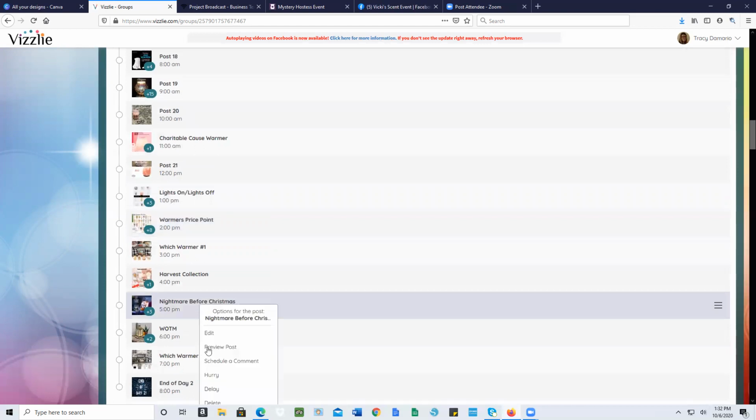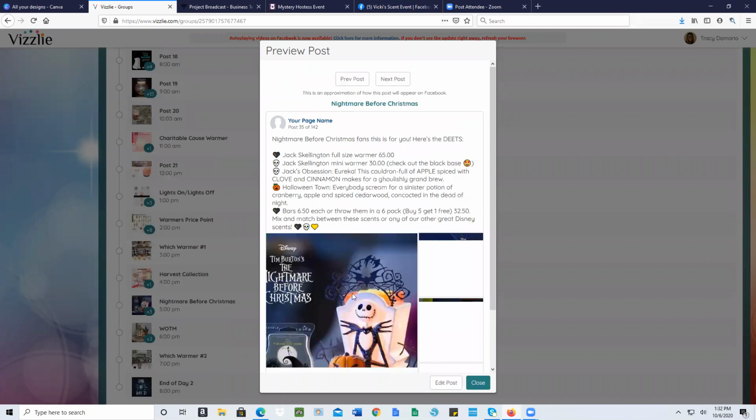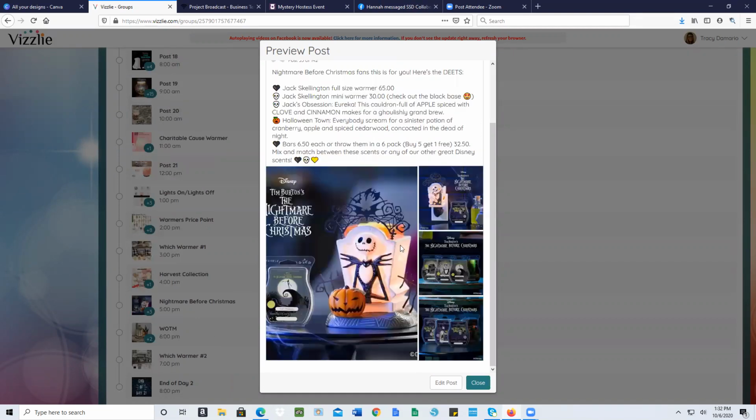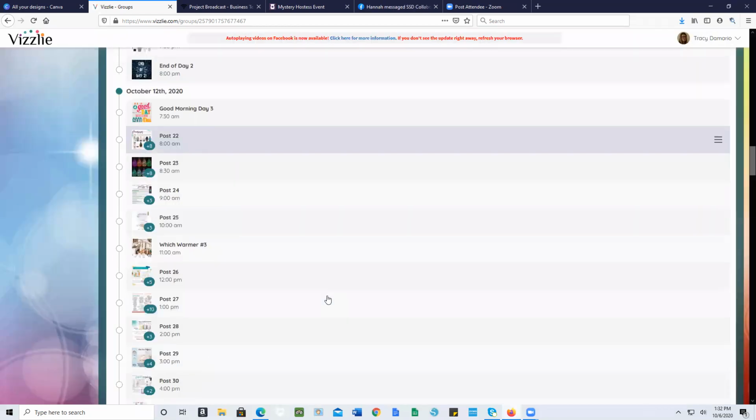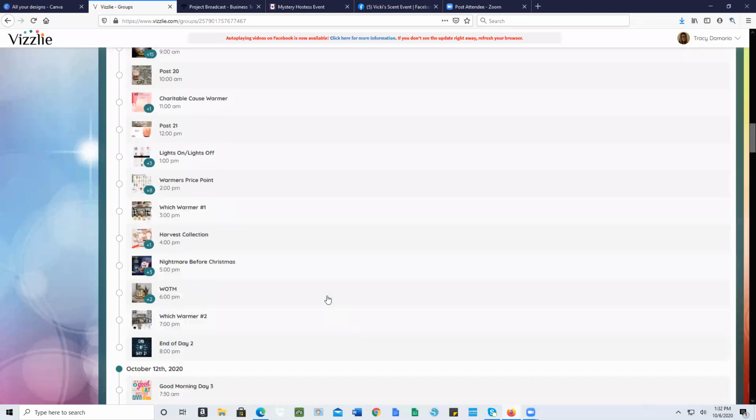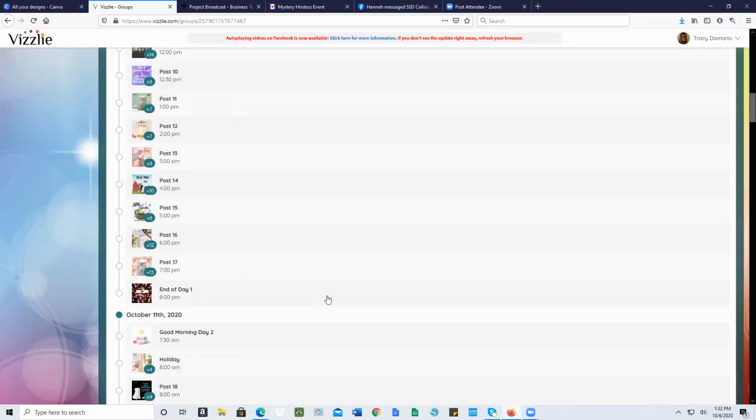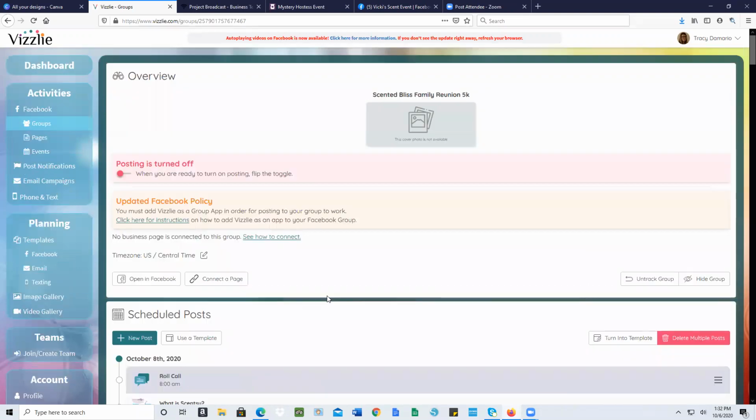Harvest collection, currently all of these things are still valid, they're all still available, so I'm going to keep this post in here. But in the event one of these items sells out, again, I need to go in and edit the post. But as it is right now, everything is up to date, everything is current. I don't have to load any of these things. It's already been done. Only thing I have to do at this moment in time is click this little button,